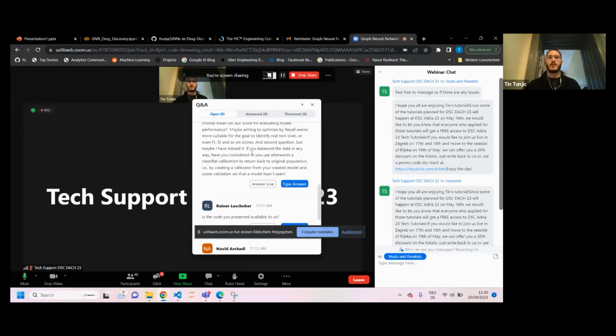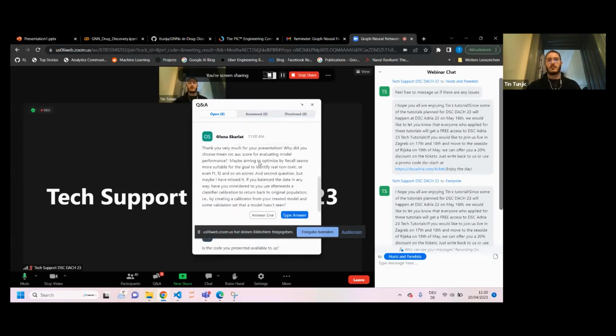Also, one question that I missed from Olena is: have you considered using a classifier calibration afterwards to return back to the original population, by creating a calibration framework and some relationship model? That makes 100% sense. Now we have different balances, but in reality we're again going to have more toxic data samples than non-toxic. So having this real distribution of the data set is really helpful. I haven't done that, but